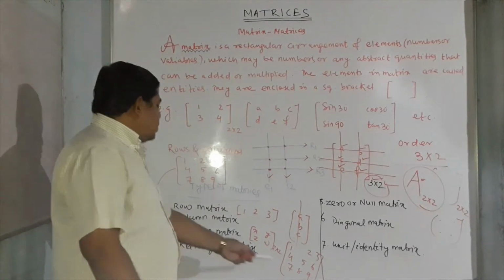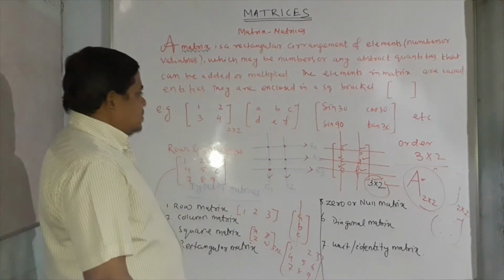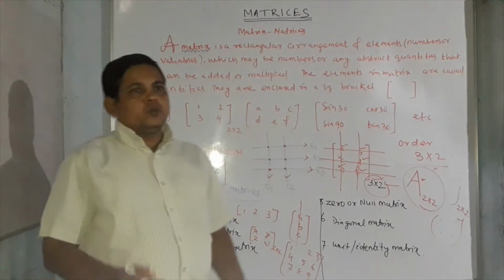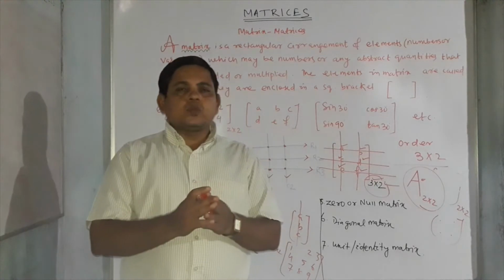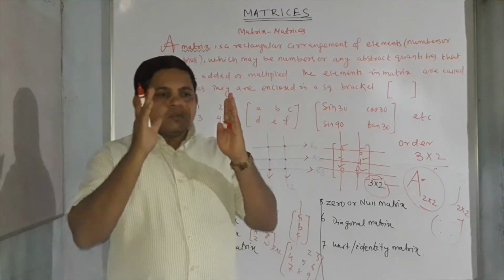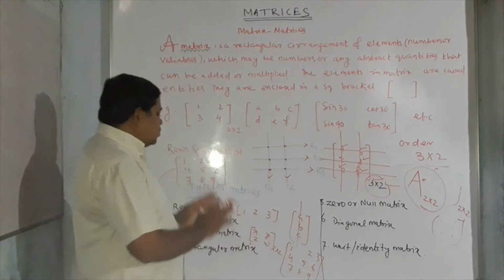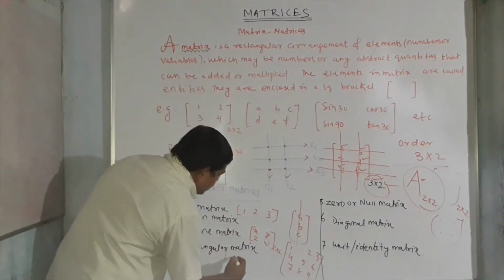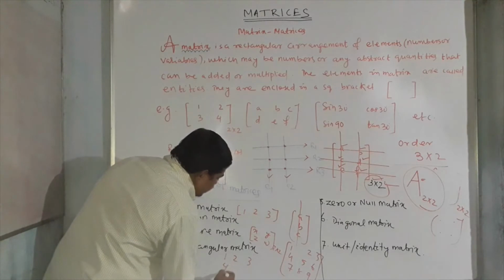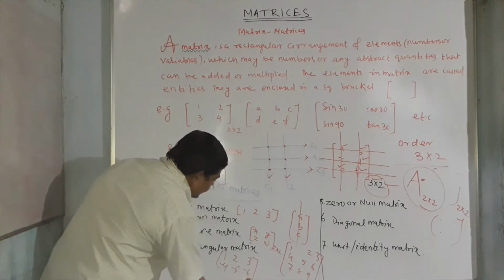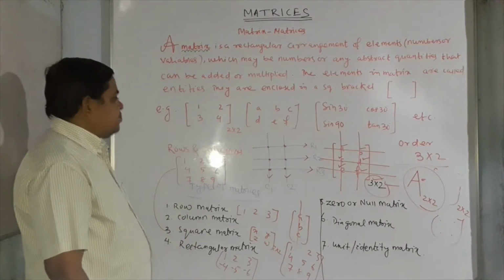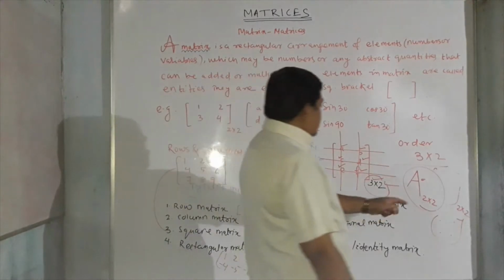Then the rectangular matrix. What is a rectangular matrix? A rectangular matrix means the number of rows and columns will be different. When they are equal, the specific name is square matrix. But when rows and columns are not the same, then we can say that it is rectangular. Suppose I write here 1, 2, 3, 2, minus 4, minus 5, minus 6. This is the rectangular matrix. Understand? These 4 are finished.